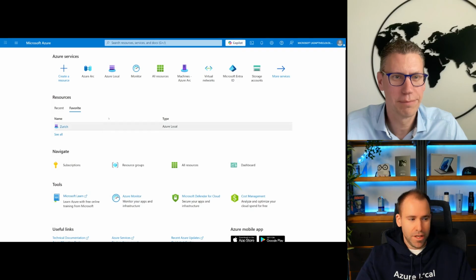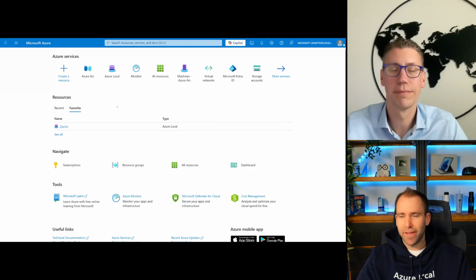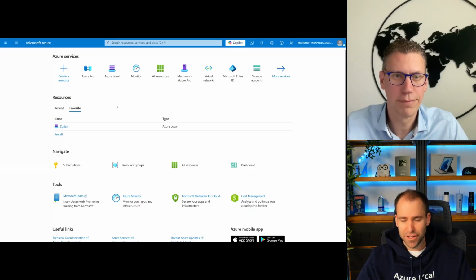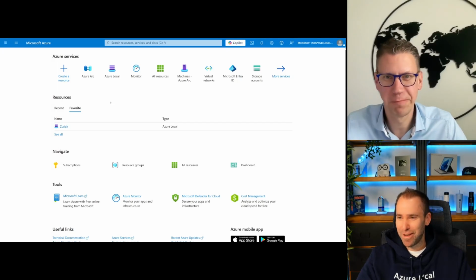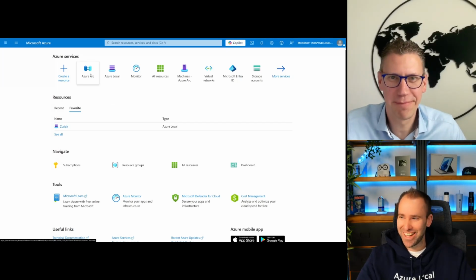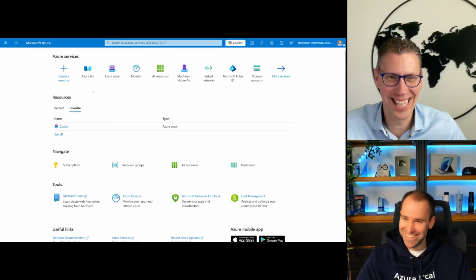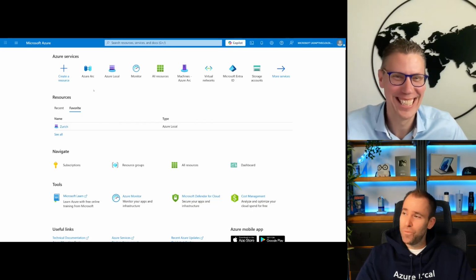Yeah. So what I'm going to show you first is Azure Local in connected mode. And then for the disconnected mode, I also have something which again I can show just a little bit in terms of how it looks. But since it's a disconnected environment, it's obviously a bit rougher to show. How do you connect to a disconnected environment is always the question. Right. Yeah. So again, as I mentioned,